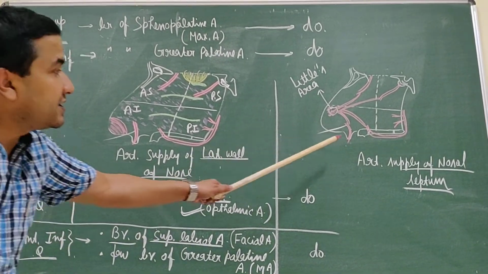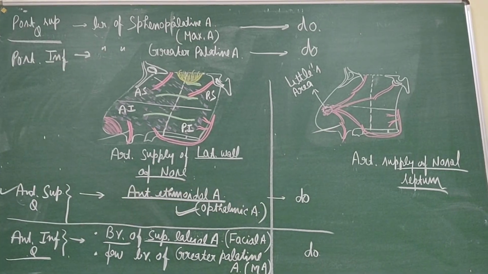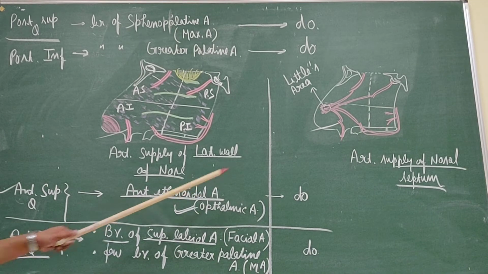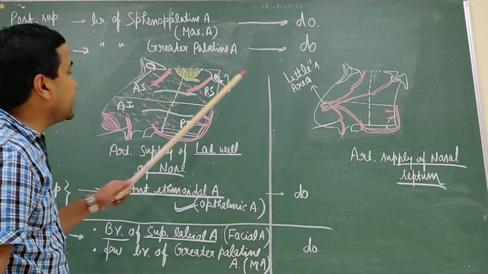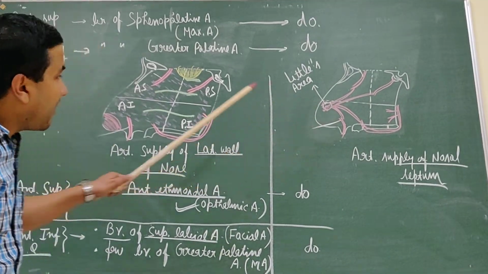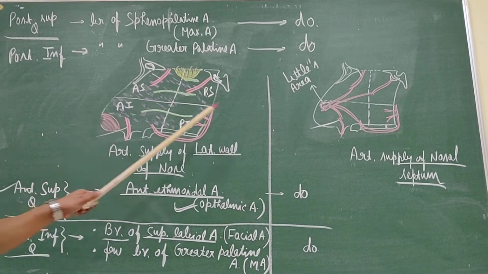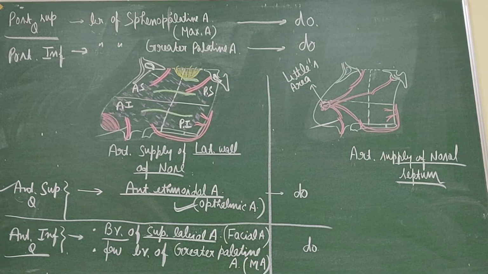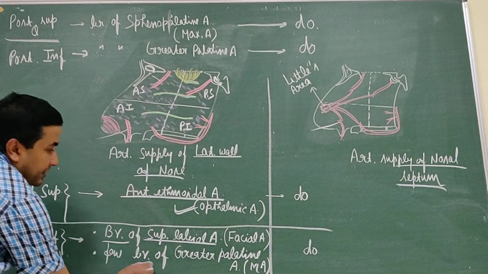The superior labial artery perforates and enters the nasal cavity, and this superior labial branch supplies the anteroinferior quadrant of the lateral wall of the nose as well as the nasal septum,